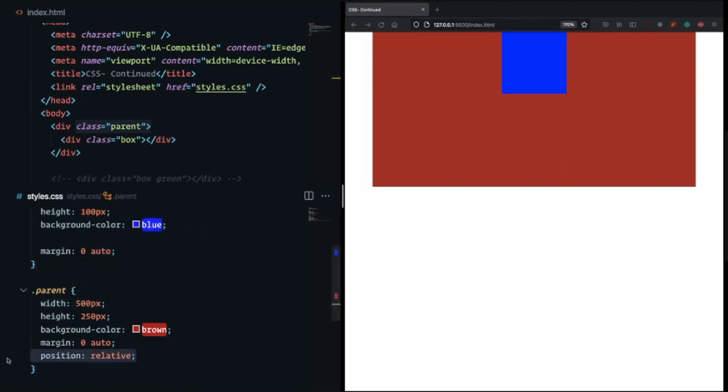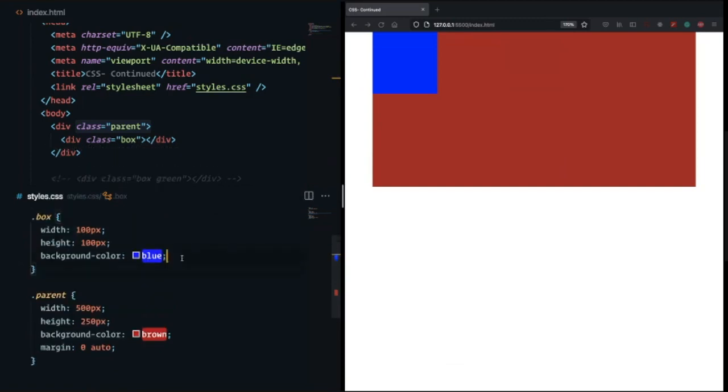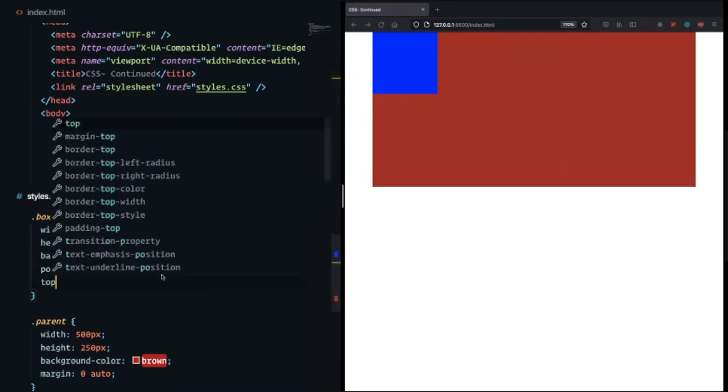What I was saying was, if we remove everything, by default it will be like this, and every element in HTML has a child and parent relationship. But whenever you make some element position absolute, that brings it out of the context. It will behave based upon its relative parent. Now if I save this and make this top 0 and left 0,